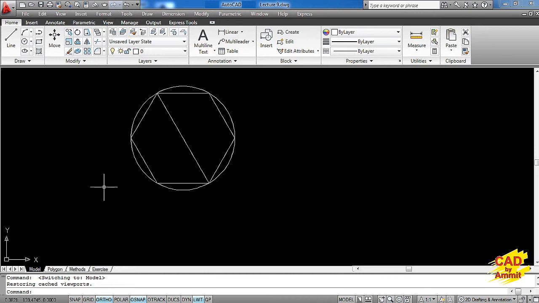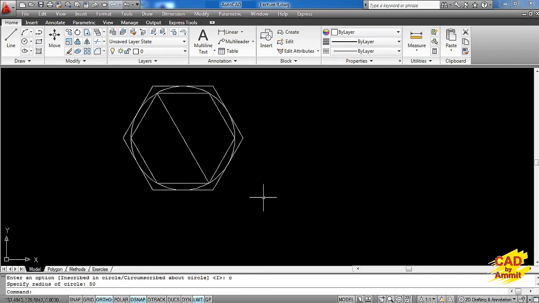We go to the model space. I go for a polygon command again by typing POL, which is a shortcut for the polygon command. Number of sides is 6. I say the center point, I am taking the same center point again, and for circumscribed, I'll type C, and the radius is 50. So we get a polygon coming up which is outside the circle this time. So that means the polygon is circumscribed about the circle of radius 50 millimeters.